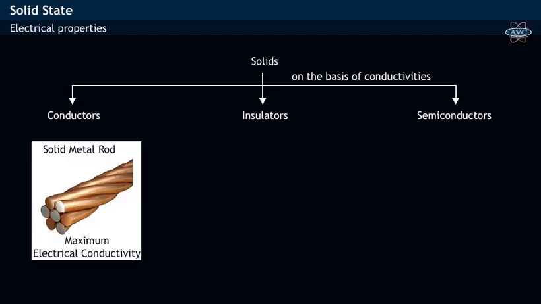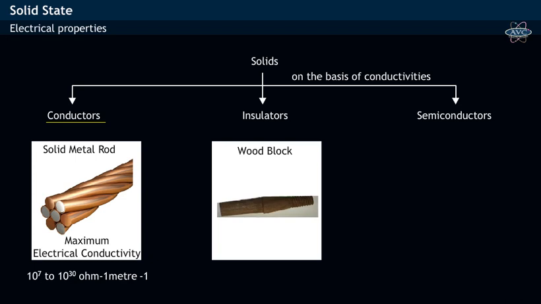Solids with maximum electrical conductivity value of 10 to the power of 7 ohm meter inverse are called conductors. The substances which are having least electrical conductivity value ranging from 10 to the power of minus 20 to 10 to the power of minus 10 ohm meter inverse are called as insulators,